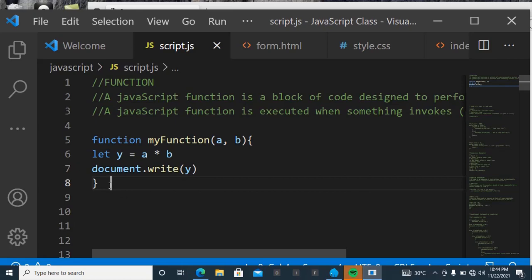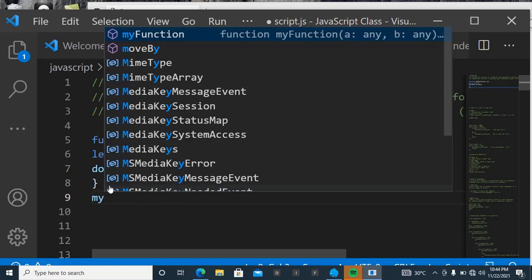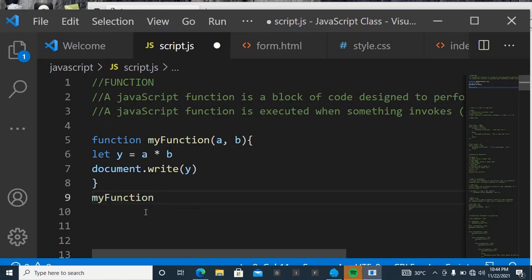To pass in an argument, outside your code block you write the name of your function again, and then open your parentheses and put in whatever value you want for your a and b. Let's say I want 2 for my a,